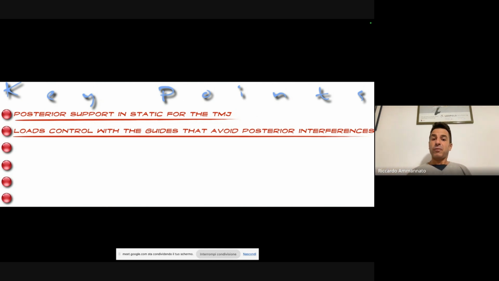And also for the TMJ and for the muscle system, it's important to deliver again to the patient a good guidance, whether it's a full canine guidance or a group function guidance, however, avoiding posterior interferences that could lead to problems for the muscles and the TMJs.